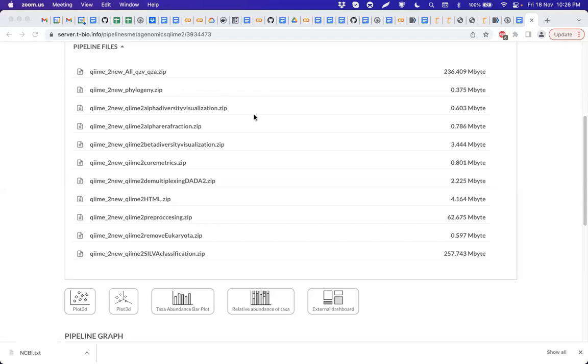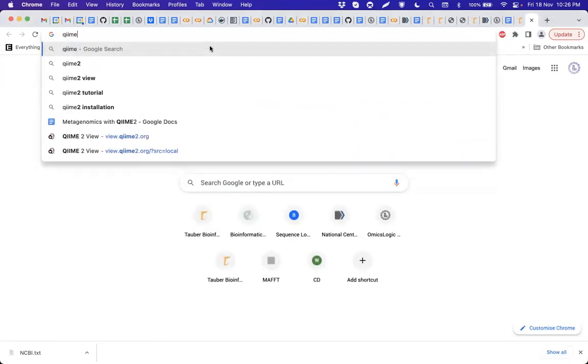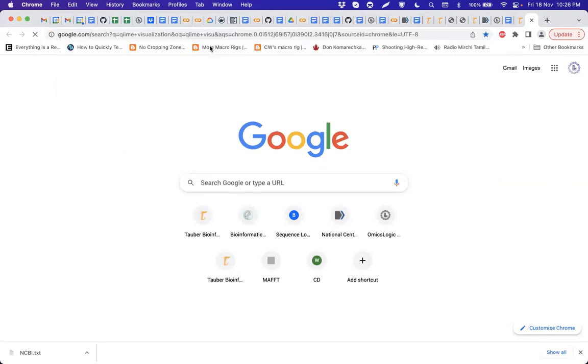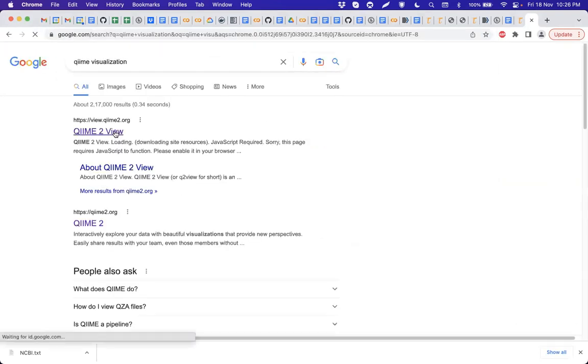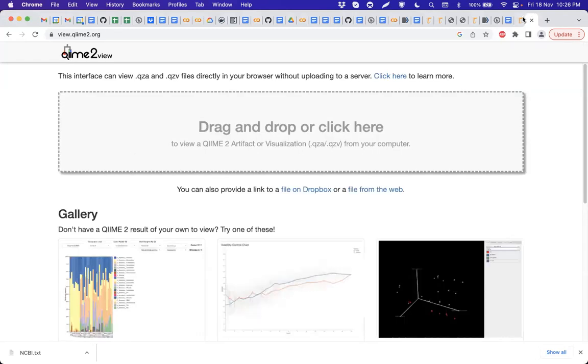So you can download this, all QZA and this one, and also all QZV, this one. Download this and visualize this in, for example, a QIIME environment. What is a QIIME environment? If you go to QIIME visualization, you can use this to visualize. Why do we have to use this to visualize? Because